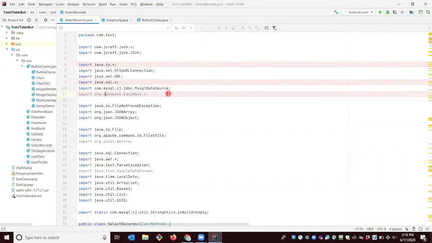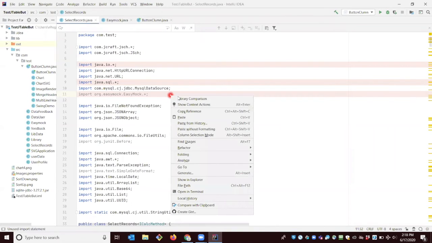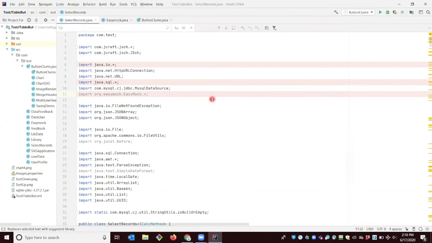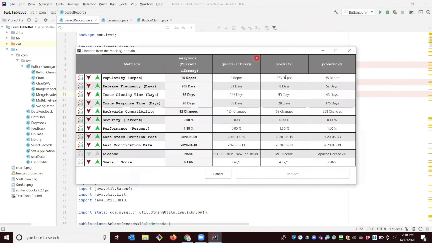Now that we've installed LibComp, let's look at how to actually use it. Over here, we see several lines highlighted in pink to indicate that LibComp has recognized these libraries. Simply right-click on any of these lines and select Library Comparison. Now, a dialog should pop up in the center of the screen. This dialog contains your current library, which belongs to the mocking domain, and several alternative libraries which also belong to